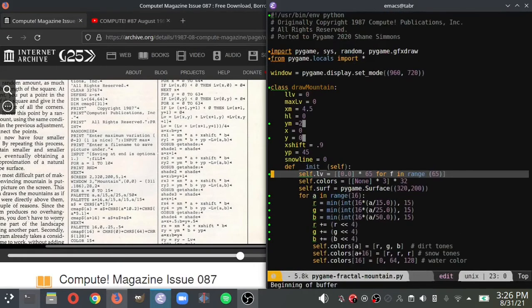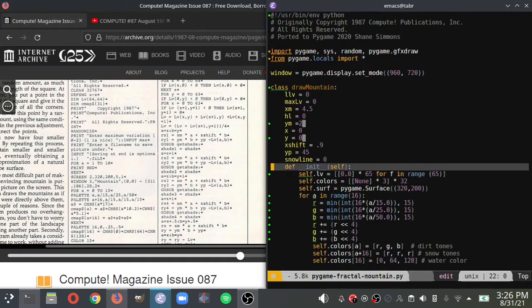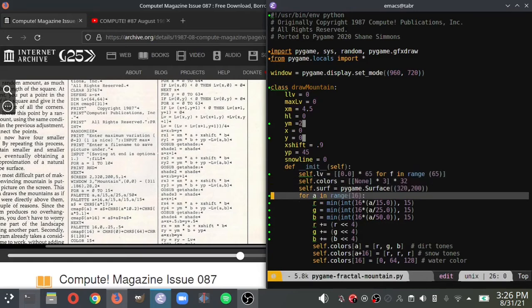Now, I won't claim that my port is the best attempt at doing this, or that it's a best practice, but I will say that it actually works. I threw everything into a class. I kept all the variables the same. I kept all the math and everything the same, as close to the same as I could,